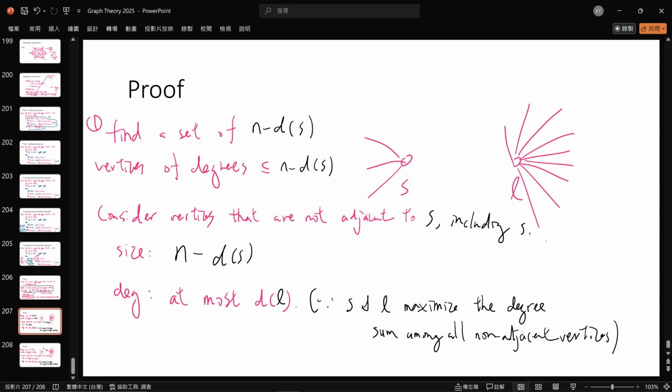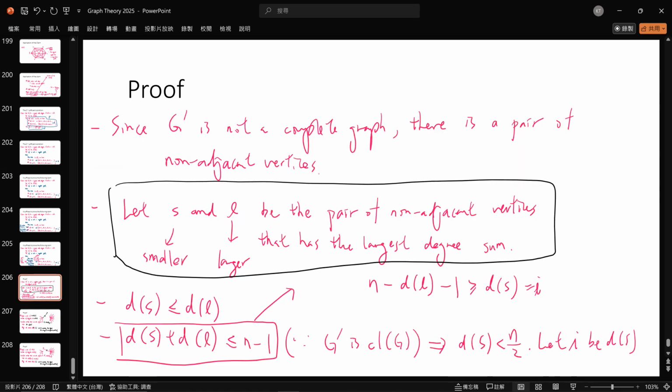Because if you have a vertex here, and this is not adjacent to S, then the degree of y cannot be greater than L. Otherwise, you have a pair of non-adjacent vertices with a larger degree sum. So once again, we can use this inequality. So dl is